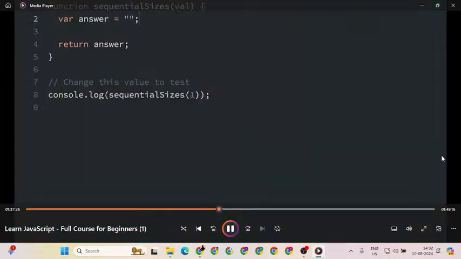Sometimes you want a switch statement where multiple inputs give the same